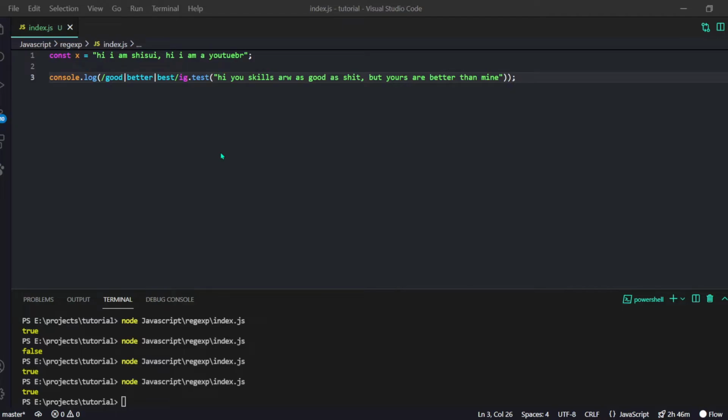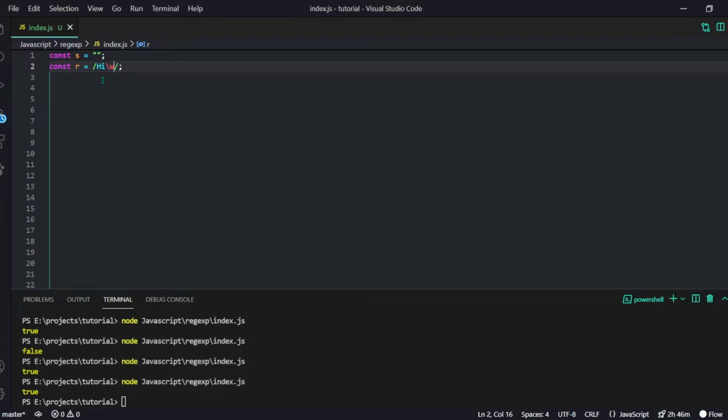In regex, you don't really type that much stuff. We can use meta characters for all of this. I will quickly tell you some of the meta characters that will be really helpful for you in string testing and validation and stuff like that. So what if you want to check if something has hi in it and then some other word afterwards? For that case, you can just type \w, and if I pass something like hello, hi, yo, this will log false